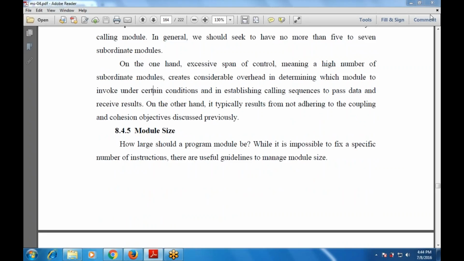Next one is module size. What is the main module size that will be used for the recruitment for the